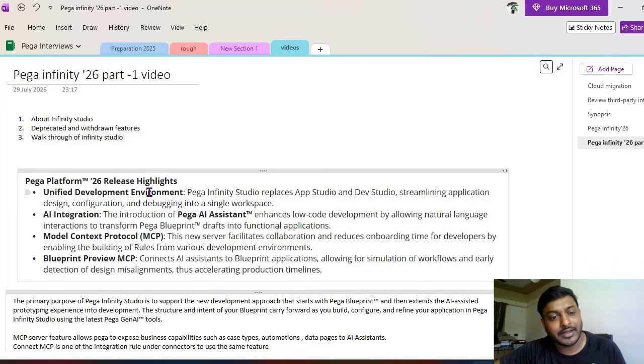And the second one is AI integration. The introduction of Pega AI Assist enhances low code development by allowing NLP, natural language processing interactions. Suppose you have a business requirement in natural language, no need to provide any commands, just with the requirement, if you paste it in this Pega AI Assist, it will help you how to code or how to configure this. It makes you a bit lazy, but